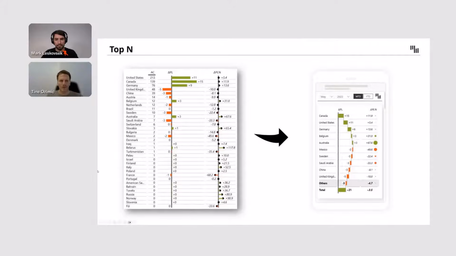So if you look at the table on the left, we have quite a lot of different countries, and then we have comparison to plan. Let's say it's revenue performance. But what we have on the right-hand side is exactly the same data and visual. However, we use the so-called